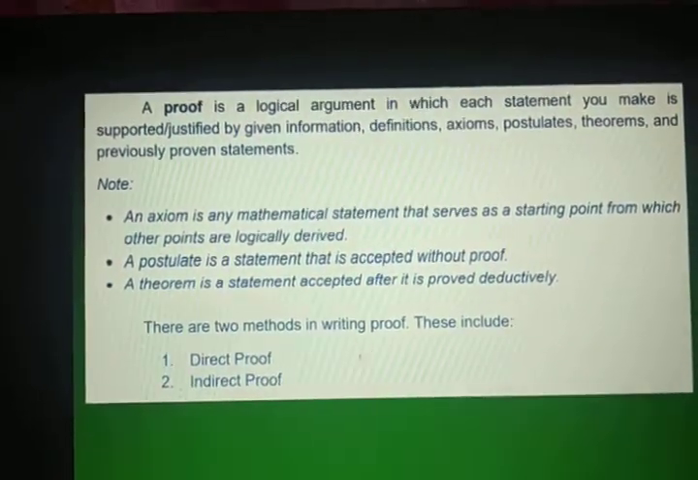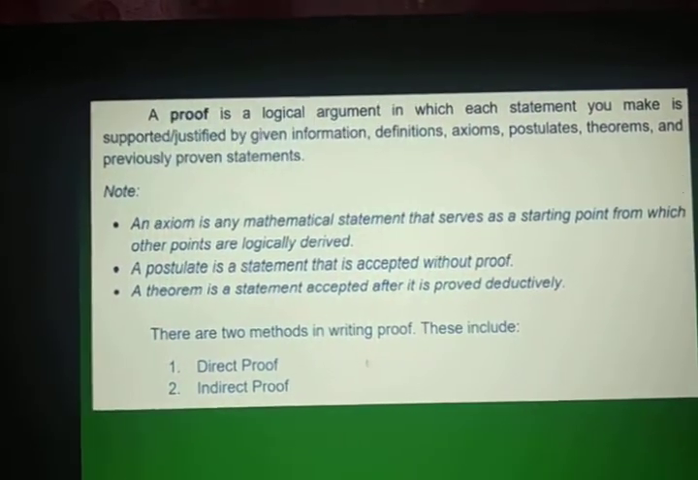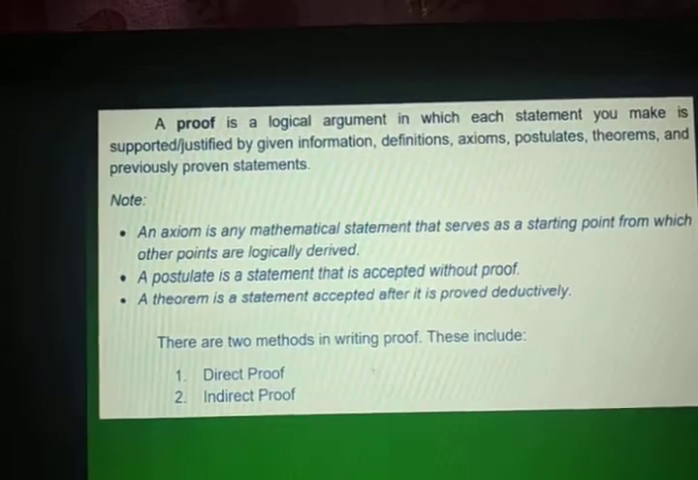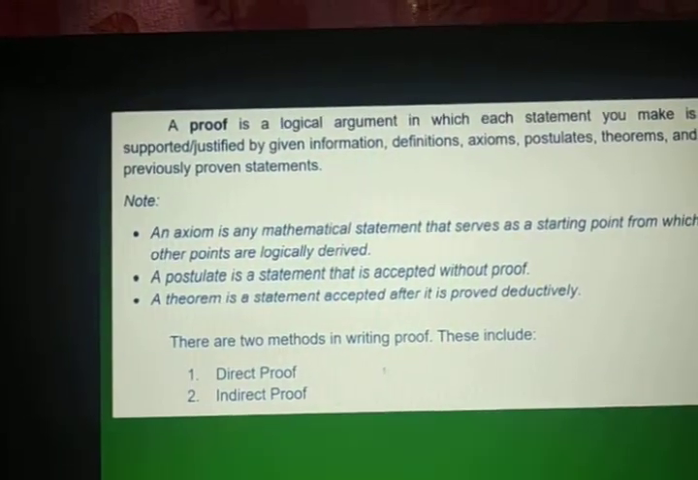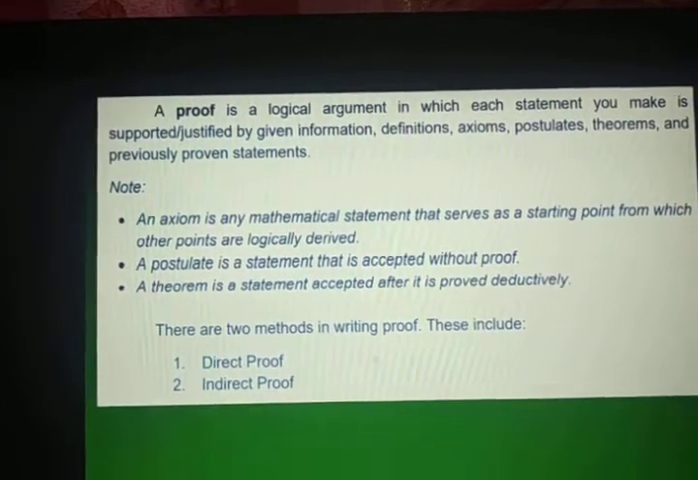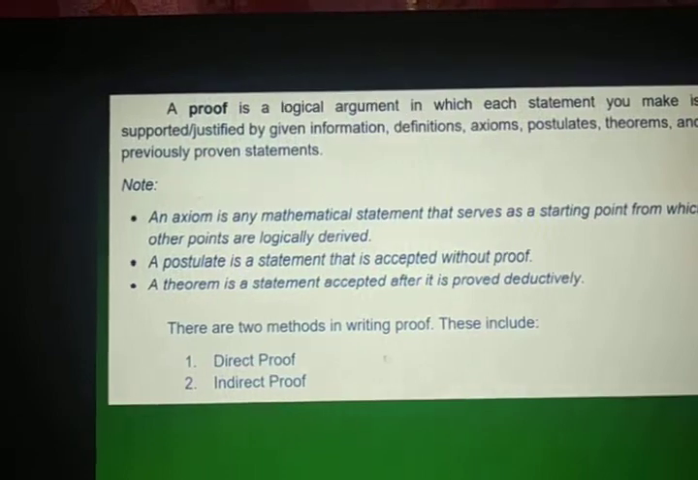Theorem. A theorem is a statement accepted after it is proved deductively. So, a postulate is accepted without proof, while a theorem you have to prove deductively, from general to specific. There are two methods in writing proofs, direct proof and indirect proof, as I have discussed already. The direct is